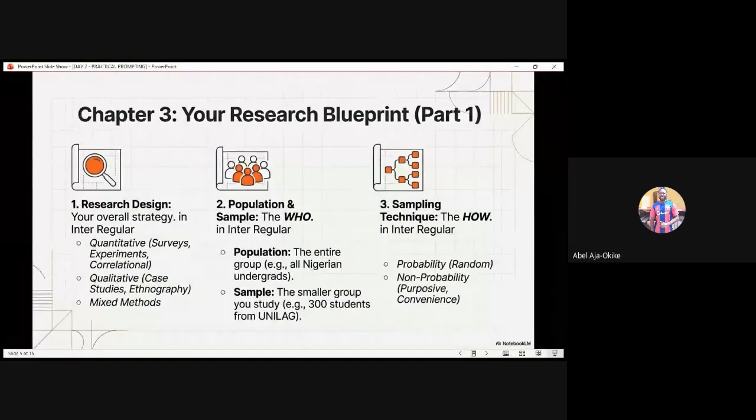I have seen cases like that. So I remember mentoring a junior colleague of mine. Her supervisor just told her to get 50 lecturers to respond to her questionnaire. And for me, that's a fair number compared to 200 students, because you will get 200 students who are going to nag before filling your questionnaire. So your population is very important.